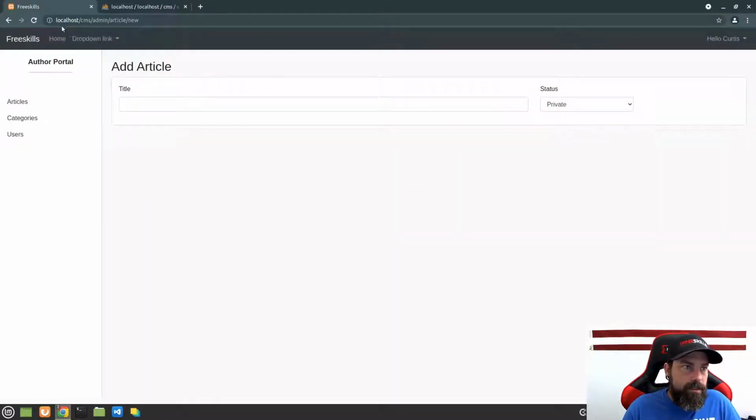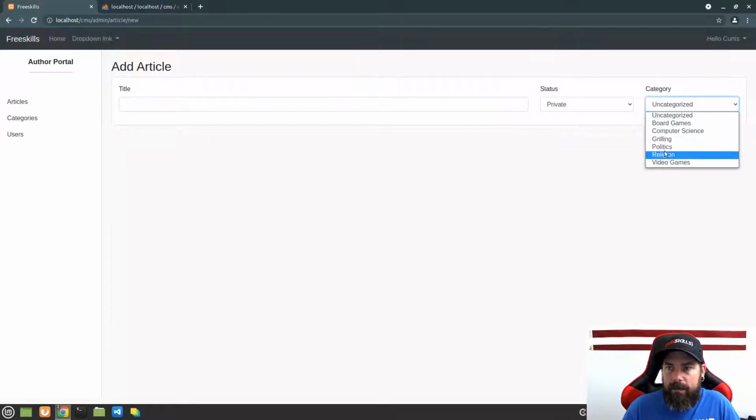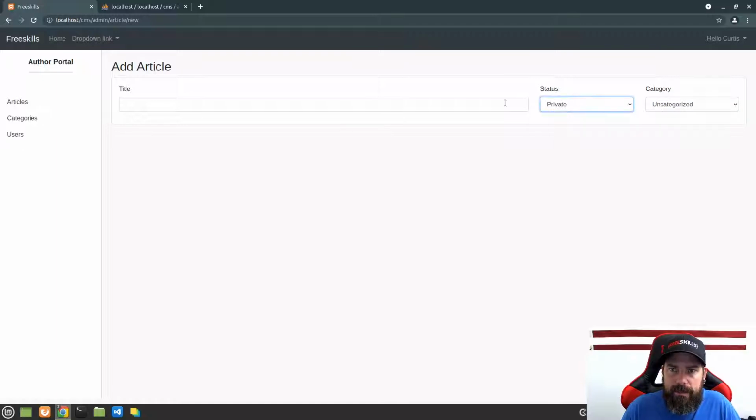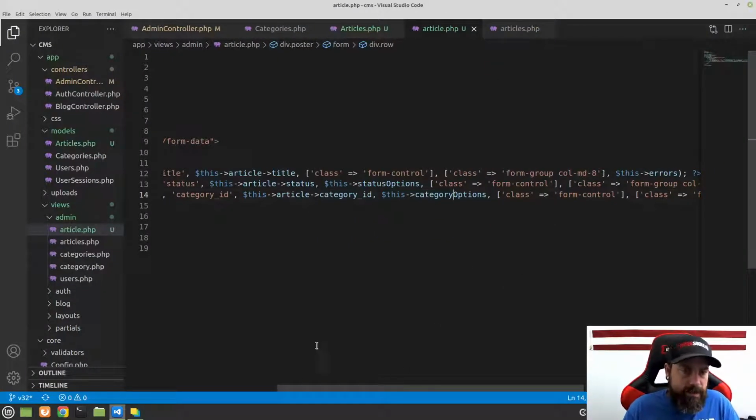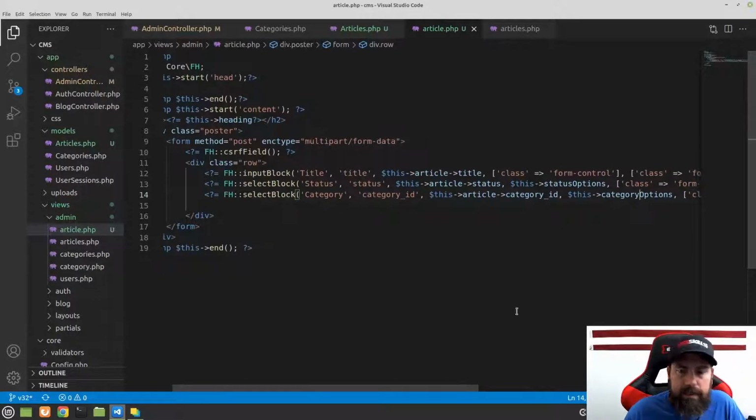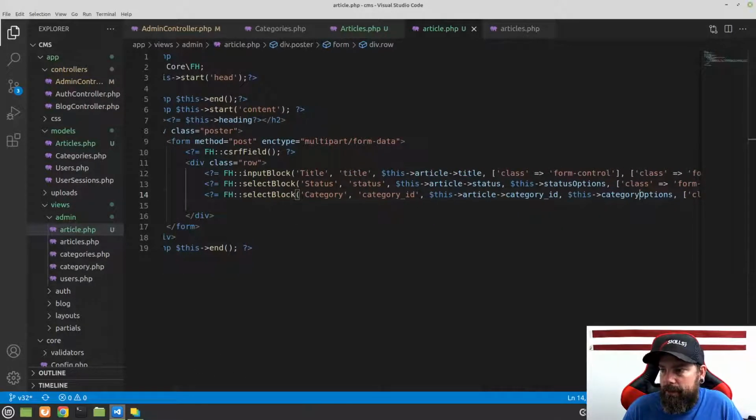So now if I go back and refresh, we have category and it's set to uncategorized. But now we have all of our categories that we've created in this drop down. So now this select box is dynamically built. Okay, so we got these three fields here. The next field that we want is, let's go ahead and set up,